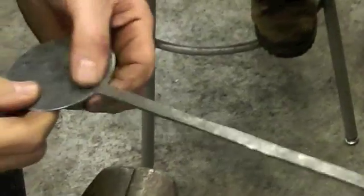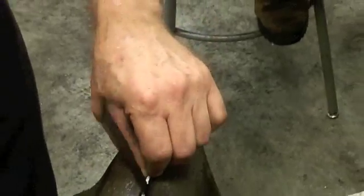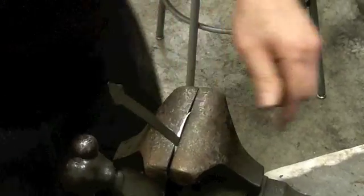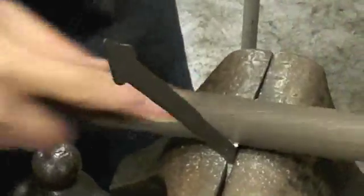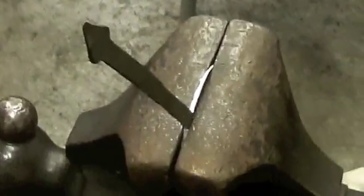Once you start doing a lot of filing, you get very picky about your files, how they're treated, what they get used for. If you do non-ferrous work, if you're doing stuff out of brass, copper,